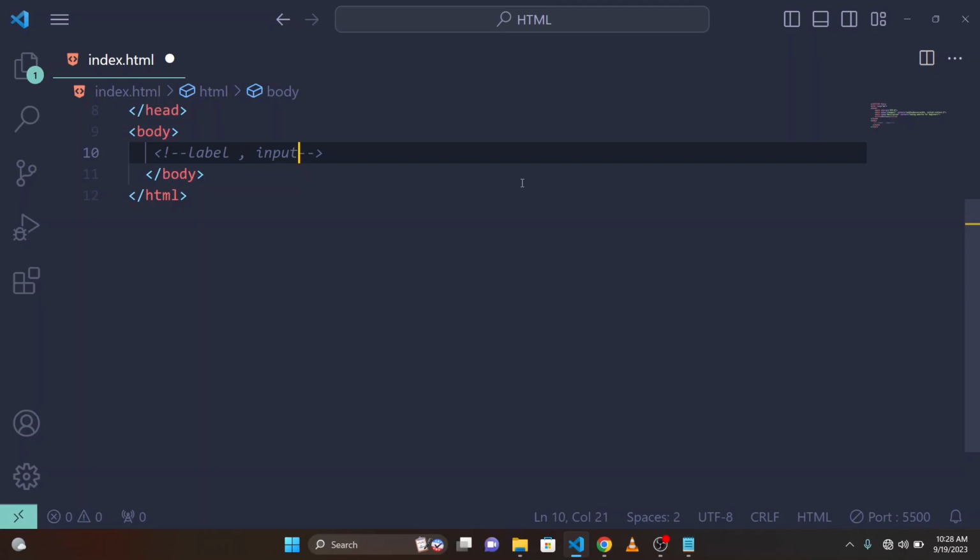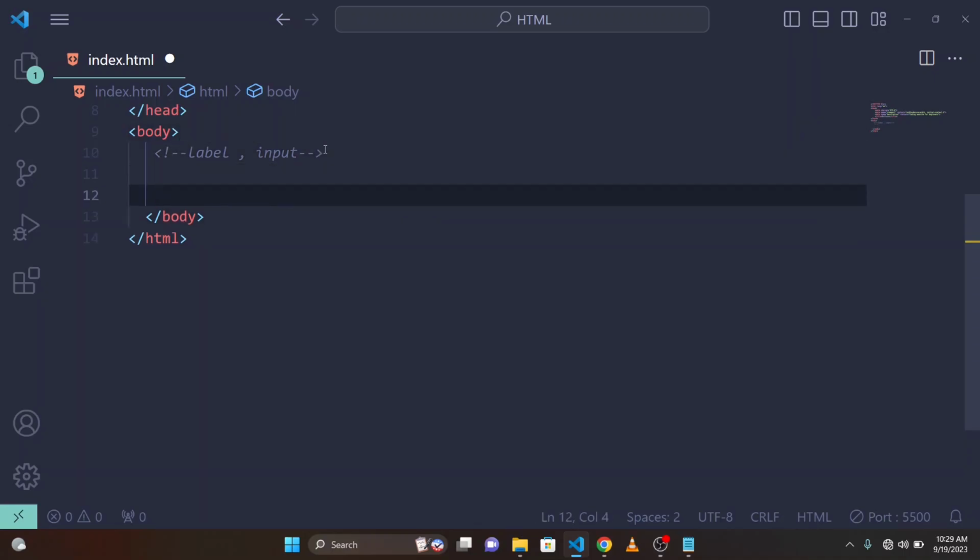Alright, then we have many types. Let's say numbers, users can type in numbers, date of birth, calendars, uploading files, and doing many kinds of things. Alright, so let me show you some practical examples here. Let's start with a normal